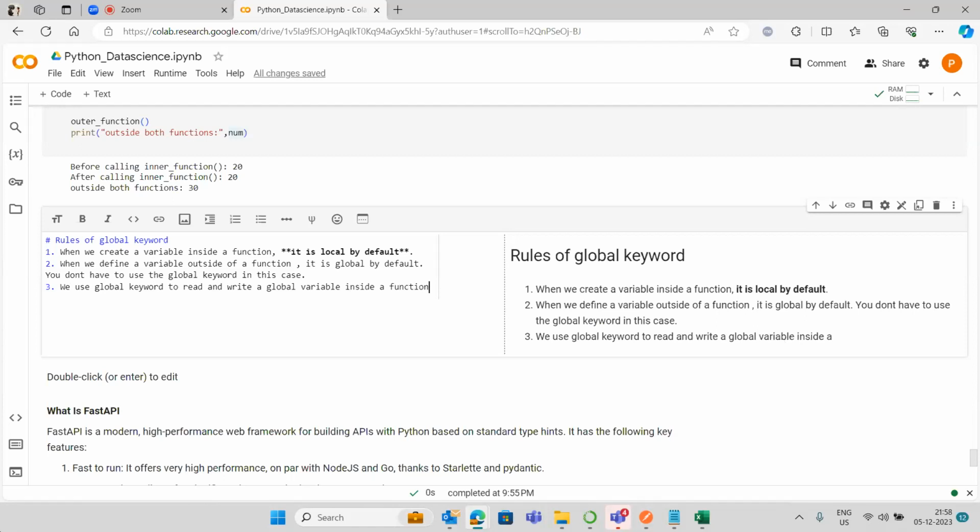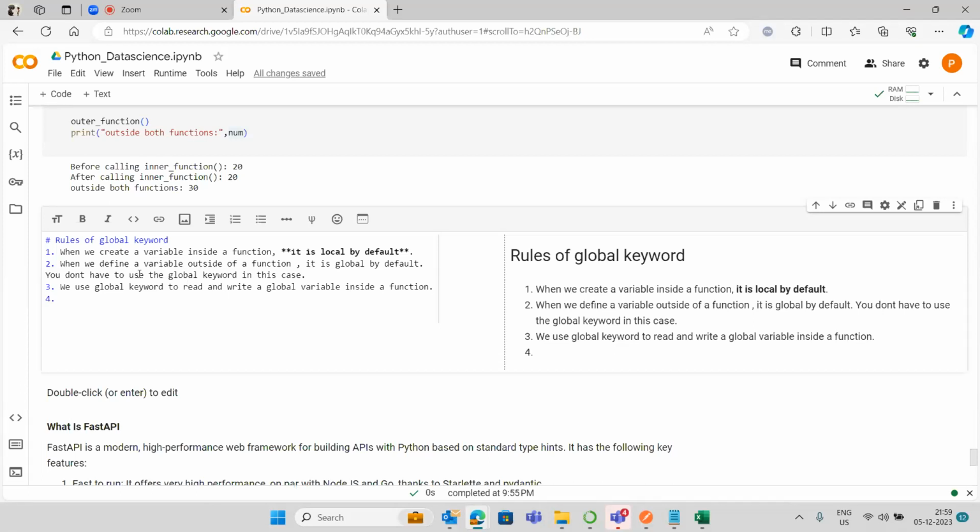Now when we use the global keyword to read and write a global variable inside a function, the fourth point is like,